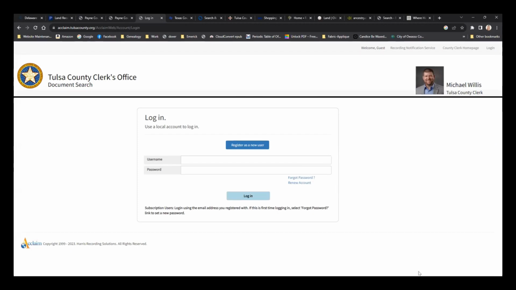Usually what I do when I need something from Tulsa County is I buy a 1-day and then I just put in every name I think I could ever possibly want to look at and download any potential document for any person I know, so that I used my 1-day subscription well.